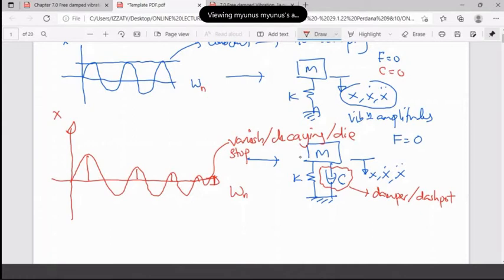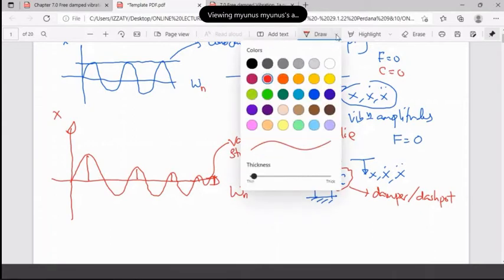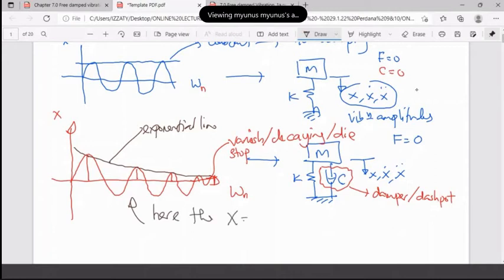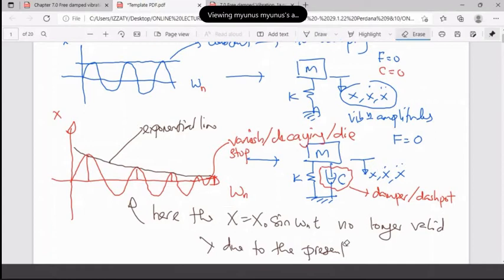By looking at this, if you measure from peak to peak, every amplitude of vibration, you find what we call an exponential line. So here, x equal to x naught sine omega n t, which we learned earlier, is no longer valid. It is not in the form of simple harmonic motion, because of the presence of C, the presence of